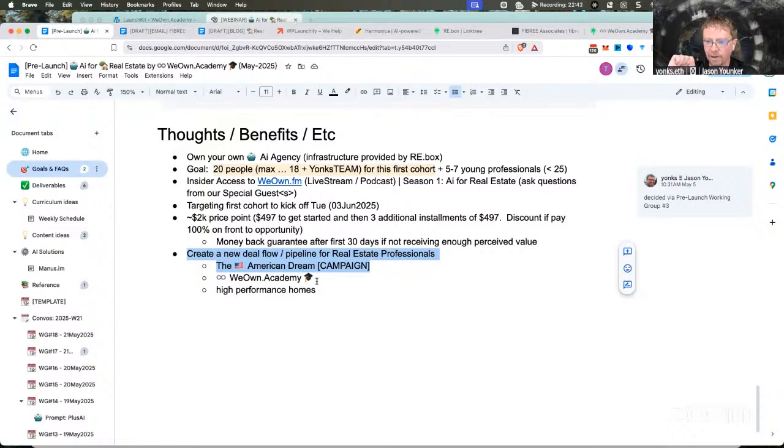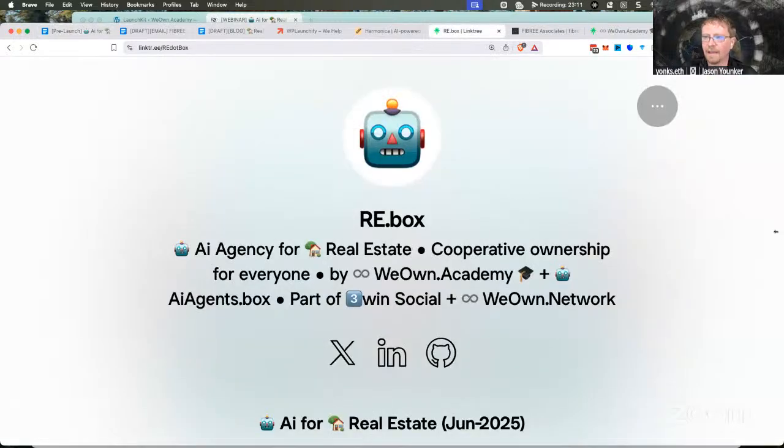Like here in Colorado with the average price at $500,000, if somebody sells one new home in 1 year using the American Dream, and they can say, hey, I sold this house because of the American Dream Campaign, that's going to be like a 10x return on their investment of $497 a month into this peer learning cohort. So that's another value proposition, not even related to the AI agency model that we're going to be creating.